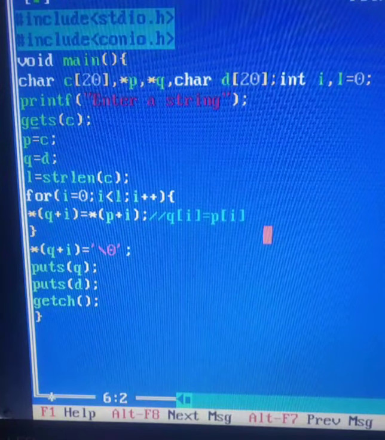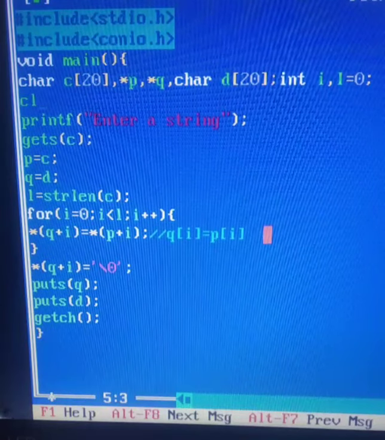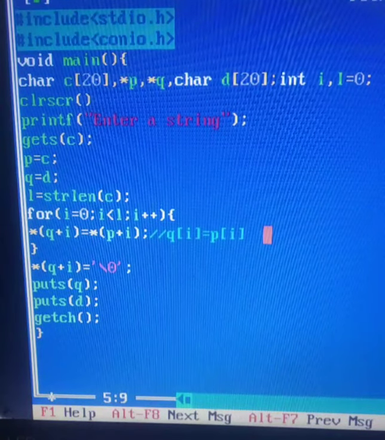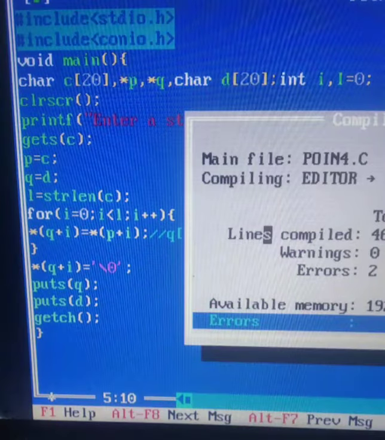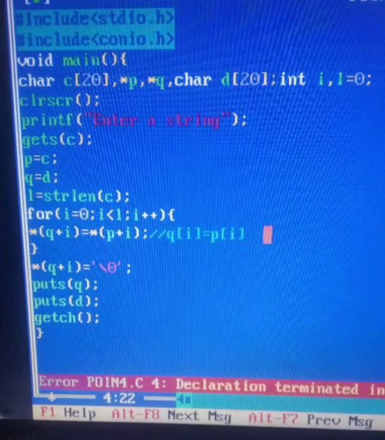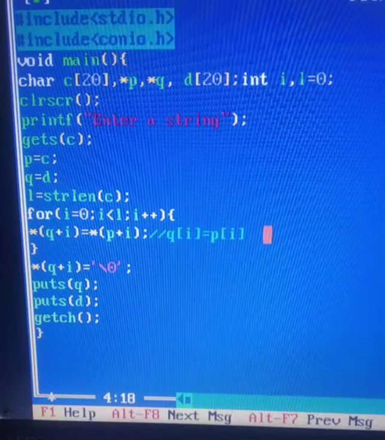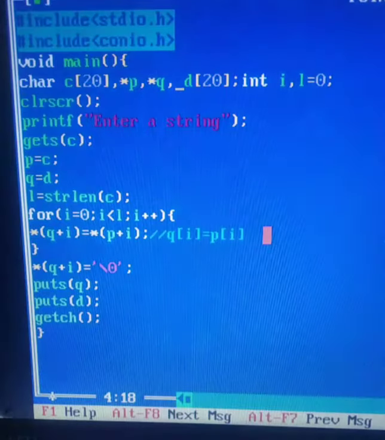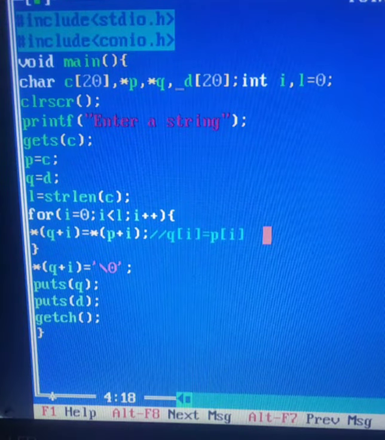Let me put a clrscr. Sorry. Now here if I write welcome, welcome has been copied to q pointer, and through q pointer the value has been received in d array. So it's not a tough thing.